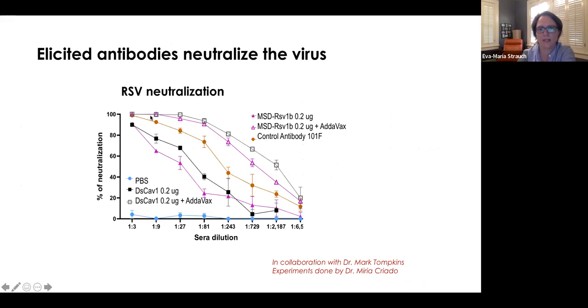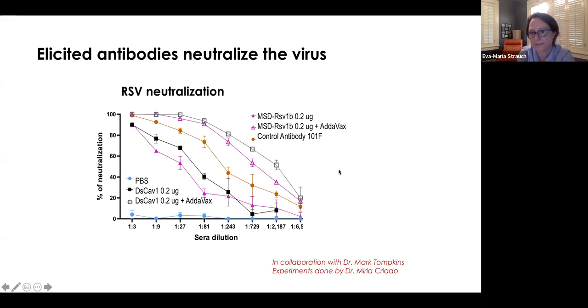And so the control antibody is somewhere in the middle, and depending on whether you have a higher or lower dosage, you're a little bit better or worse in neutralizing the mouse. So short version, we made something that was comparable to that current DSCAF version, using multi-state design and only a few mutations that stabilized the rather large surface protein, and it elicited neutralizing antibodies. So that was pretty exciting, because it was a direct application of how one can use multi-state design